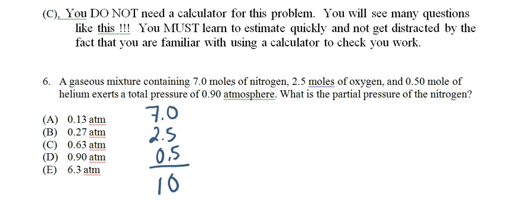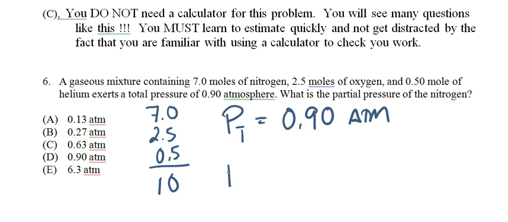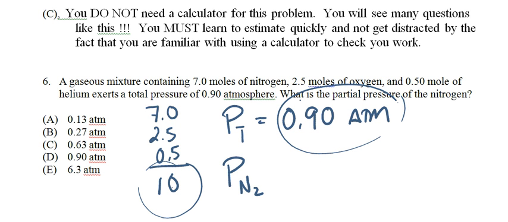Okay, so since the total pressure, PT, equals 0.9 atmospheres, we need to find out what the partial pressure due to nitrogen is. Well, we have 10 parts, which means that we have 10 moles here, 10 even parts. And if all 10 of these parts have a total pressure of 0.9, what pressure does each part exert? So we actually have 7/10 of 0.9